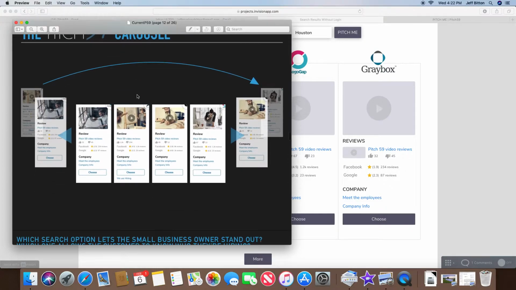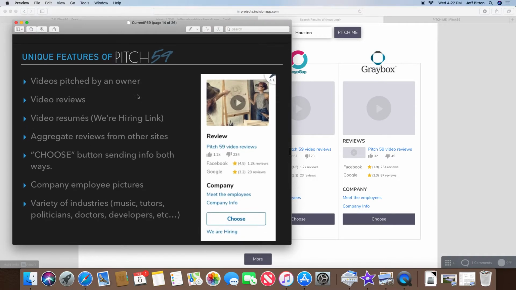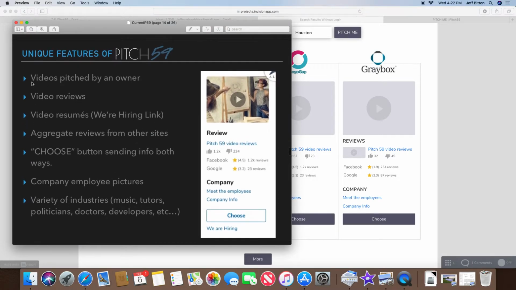Anyway, that's the general idea of Pitch 59. It goes through and talks about some of the unique features. It's the fact that the videos are going to be pitched by an owner or a manager or an employee. I need to change that. It's not just the owner anymore. Video reviews, video resumes, aggregate reviews from the other sites, the choose button sending info both ways, company employee pictures,